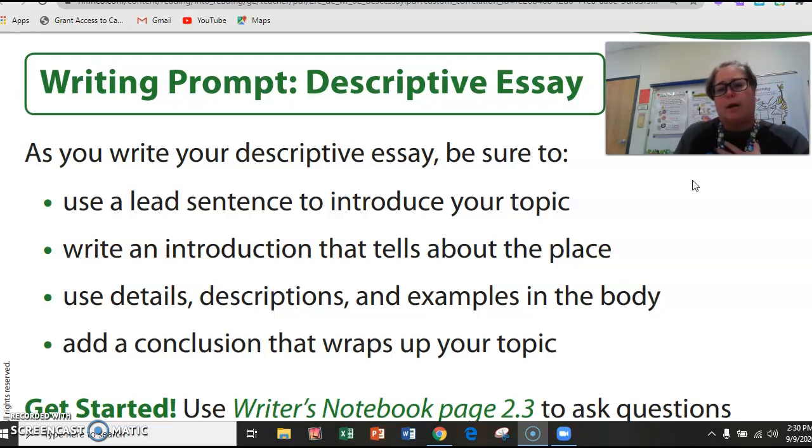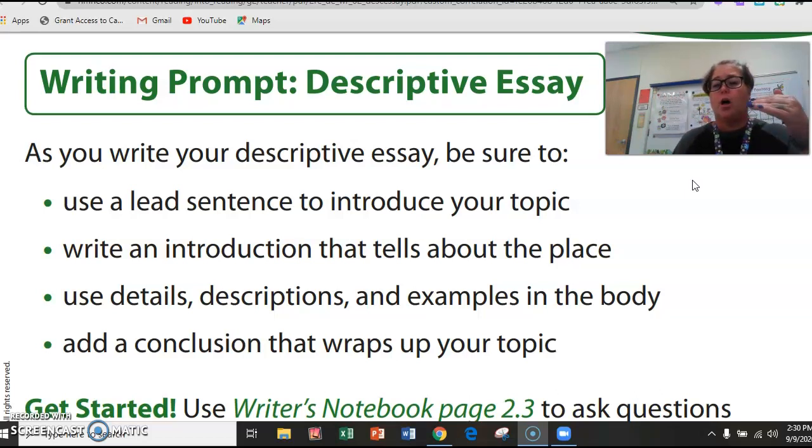So if I was still writing about my Mimi, I might say, in conclusion, I miss going to my Mimi's house. I wish I was a little girl again and could go back to my Mimi's house and eat some of her delicious chocolate chip cookies. They were the best cookies I've ever had. Period. So that could be how I wrap it up. I've told you all the reasons why I loved my Mimi. I've told you all about her house, her big kitchen with the yellow cabinets, the delicious cookies that she would bake me all the time.